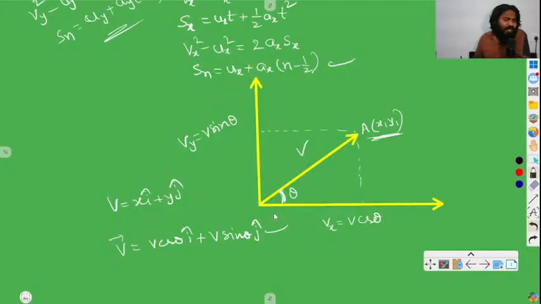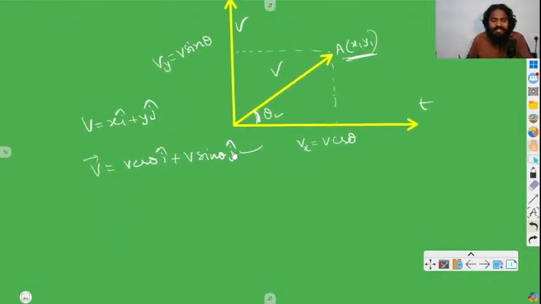And we have already learned, if you know this theta, then the slope of this graph can give, this is nothing but a velocity time graph, right? If you take a velocity time graph, then the slope of it gives you acceleration. So like that you can find out. Clear? Next,